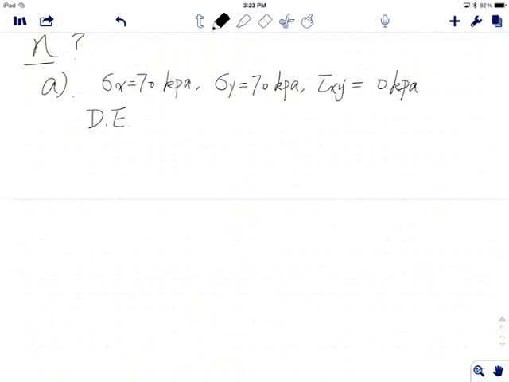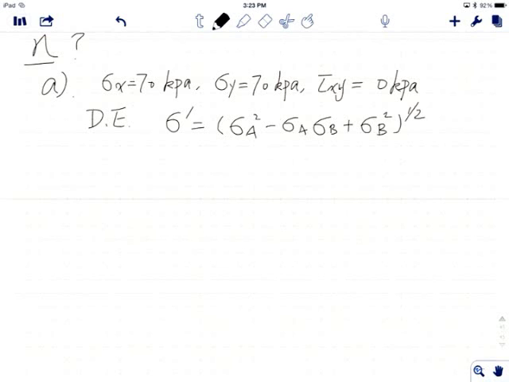Let's look at distortion energy first, because relatively speaking, that's easy, right? Distortion energy here is the von Mises stress. Von Mises stress equals the square root of sigma A squared minus sigma A sigma B plus sigma B squared. All it does is compare this, right? And once your von Mises stress is above yield strength, then failure is going to happen. That's what we decided, right?